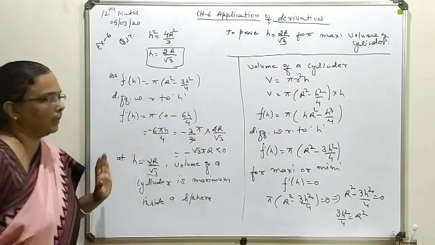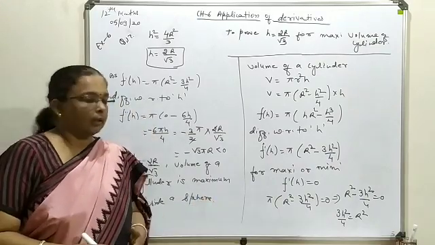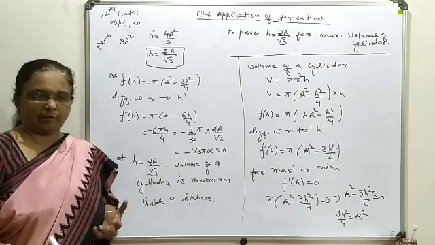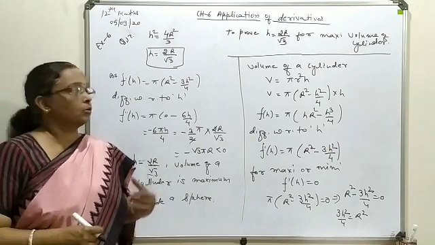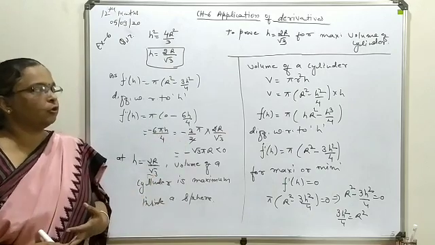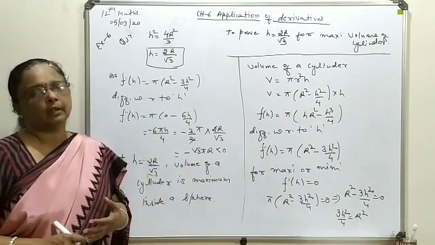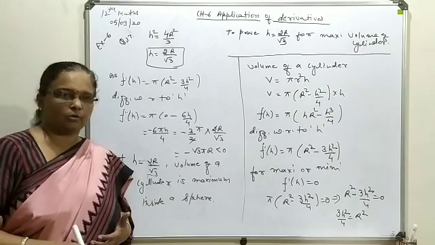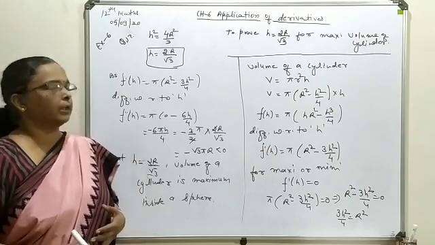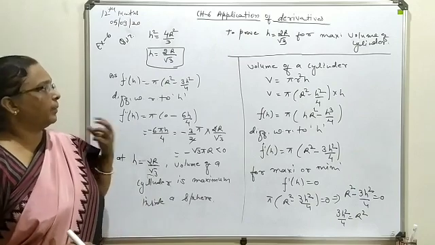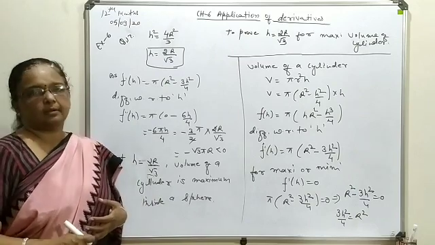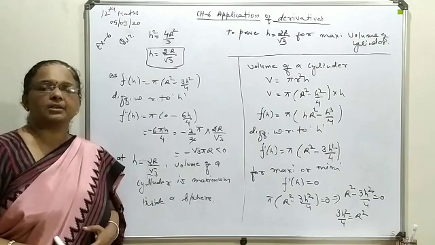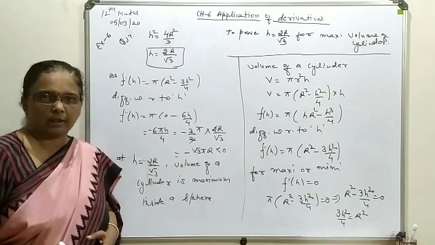So this way, it doesn't matter if your shape is changed inside the already given shape. It depends only on the parameters which affect your volume, or sometimes it may be asked about the surface area. So that is the main thing you have to keep in your mind, and the parameter you can suppose from your side. So accordingly the answer form will change, but the final answer form is not going to change anyhow.